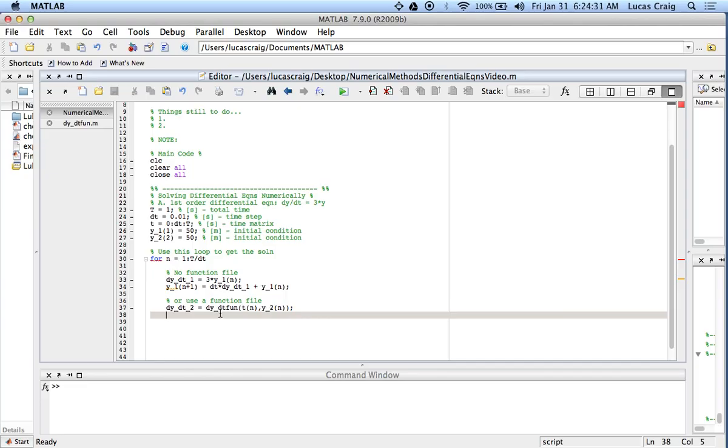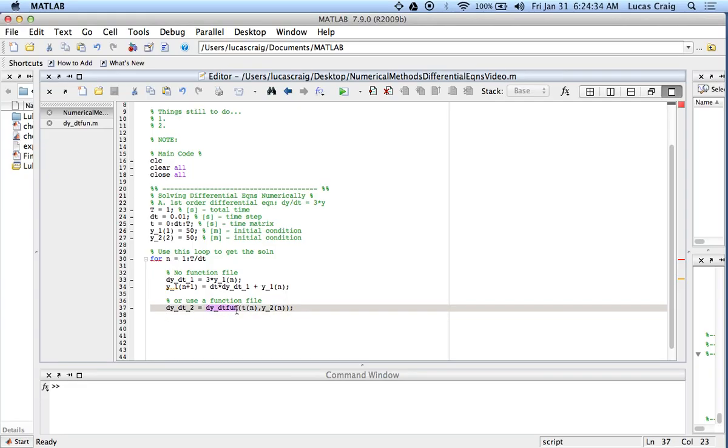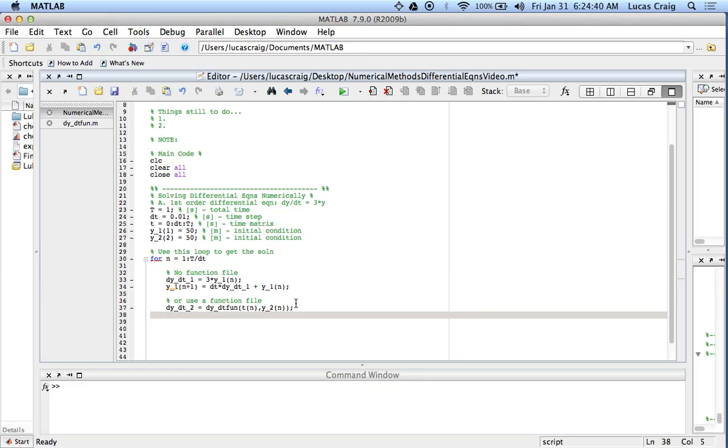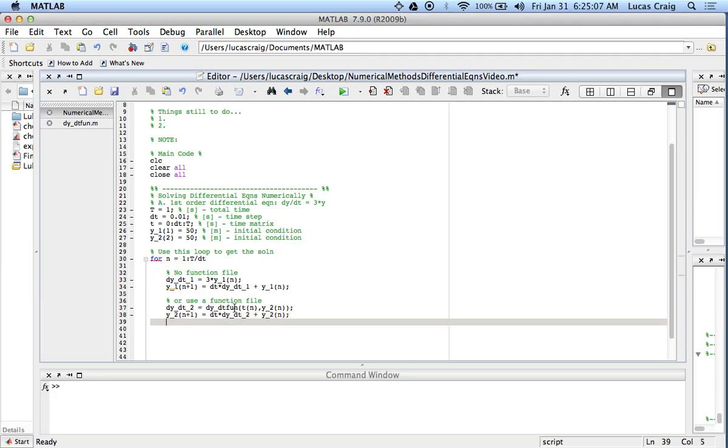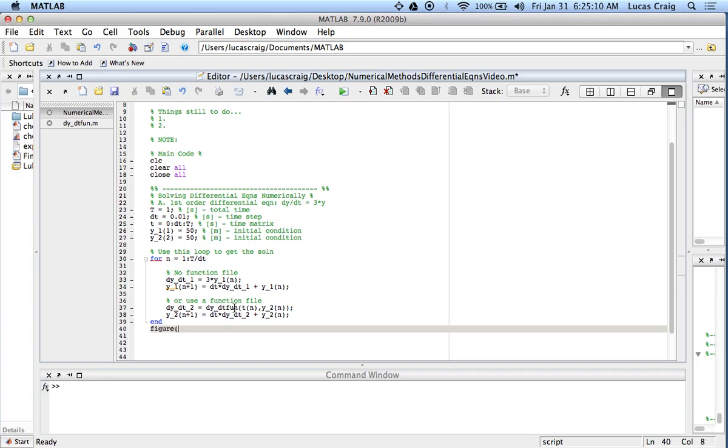Okay, so now what we did is we built the function with our differential equation. And so now all we have to do, similar to line 34, is y_2 of n plus 1 is equal to dt times dy_dt_2 plus y_2 of n. Alright, so there are two methods to make your own code. You don't have to use a function file, or you can use a function file. So let's end it. Let's plot